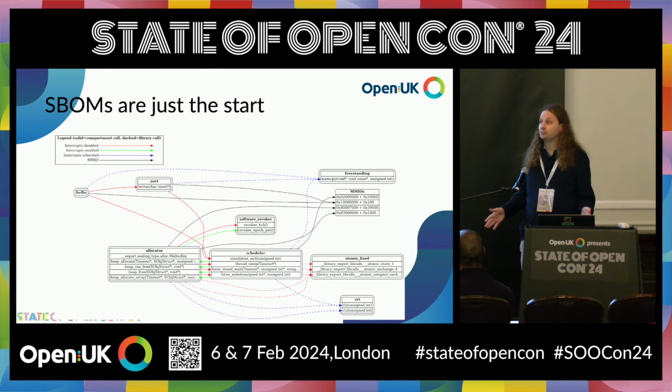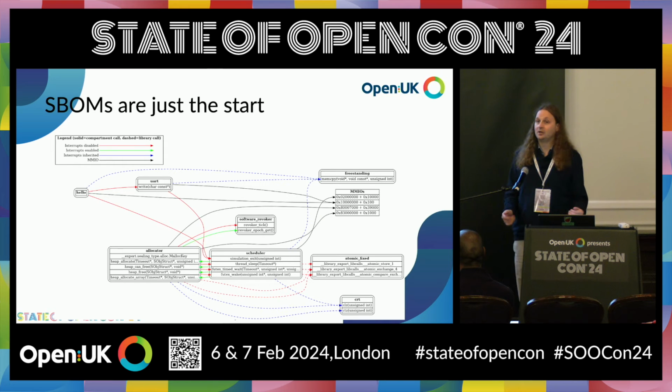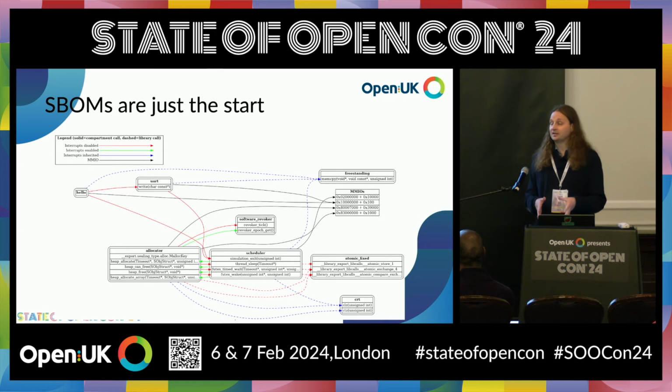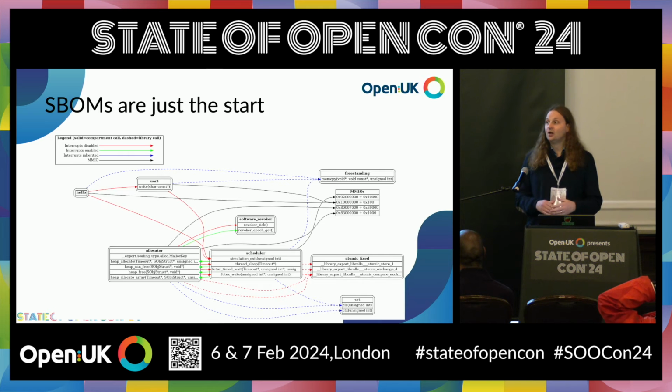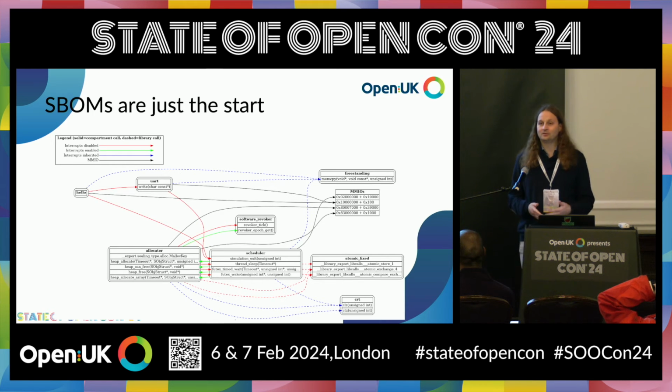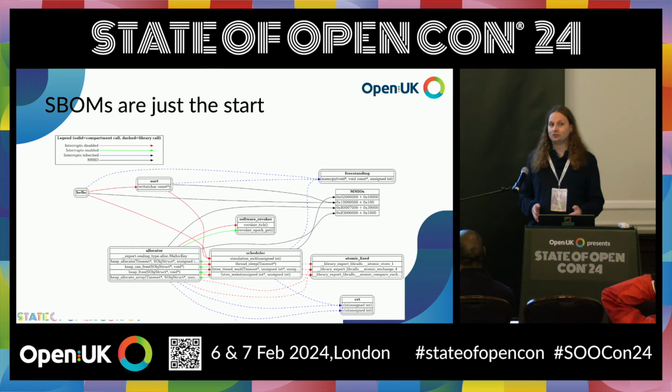what entry points does it export? What does it call in other compartments? What sealed objects does it have? What's their type? What's their contents? And so you can start to reason about, and you can build code signing policies that only operate if you follow a set of rules for things like what's allowed to talk to the network stack, what's allowed to talk to this safety critical device, what is the identity of that, is there any reachable flow to a function that runs with interrupt disabled that is not on my explicit allow list of things that have bounded execution time.